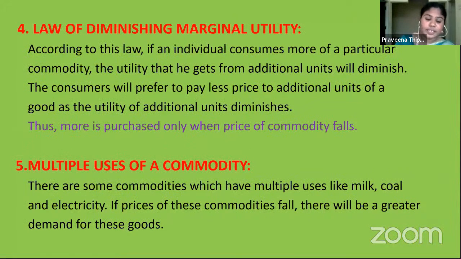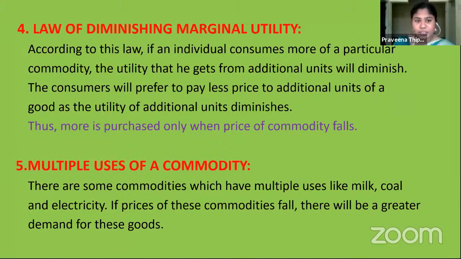Then another reason, children, is the law of diminishing marginal utility. We all know that according to this law, if an individual consumes more of a particular commodity, the utility he gets from each additional unit will diminish. In such a situation, the consumer prefers to pay a very low price for the additional units. So he will purchase only when the price of the commodity falls. Only when that good is available at a lower price will he try to demand it. Why? Because he is not getting any satisfaction